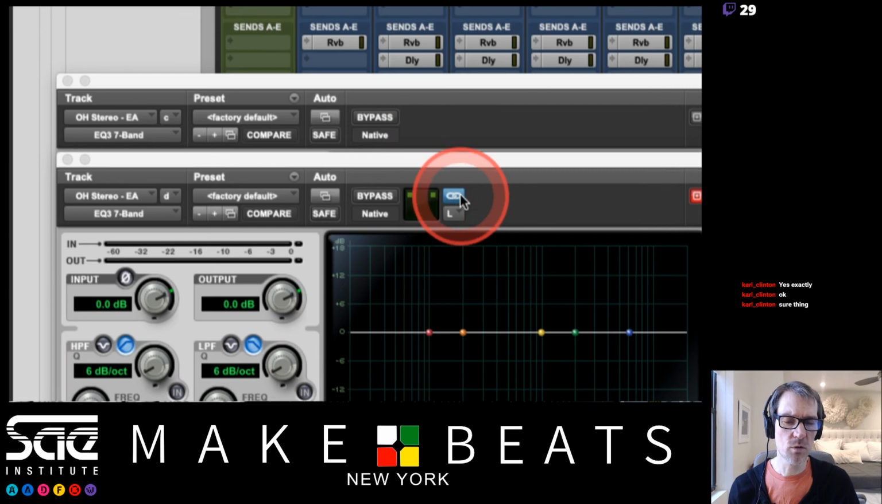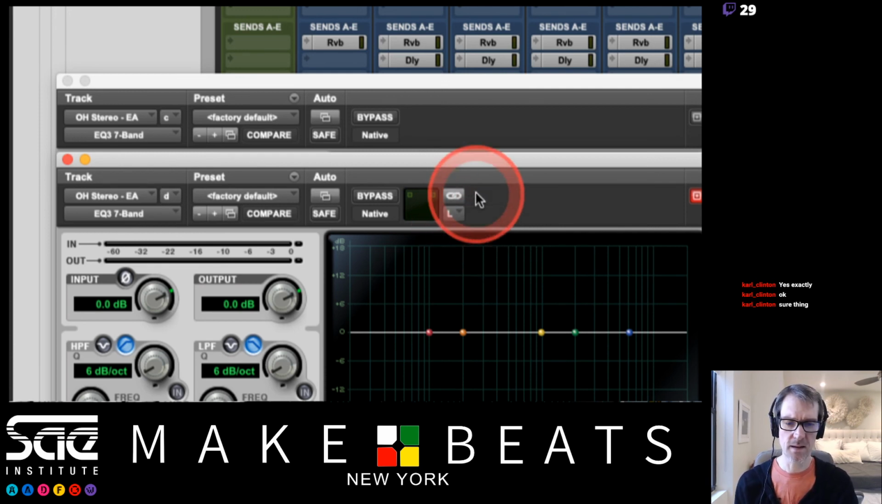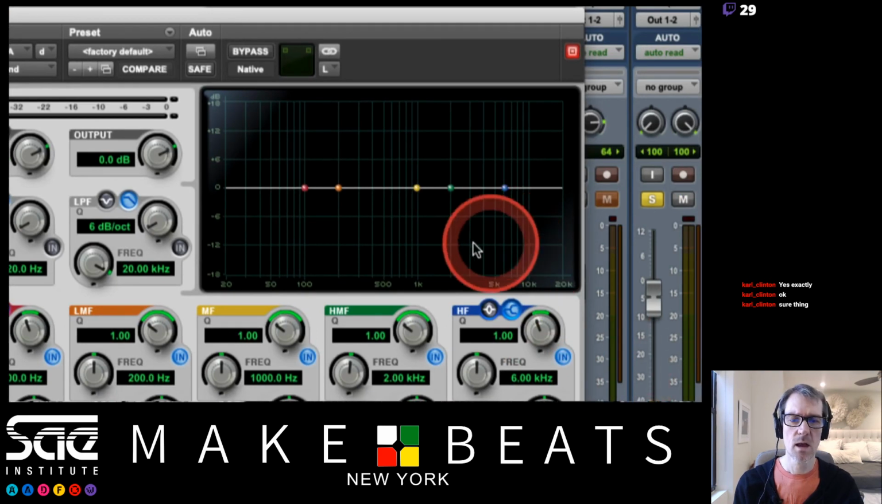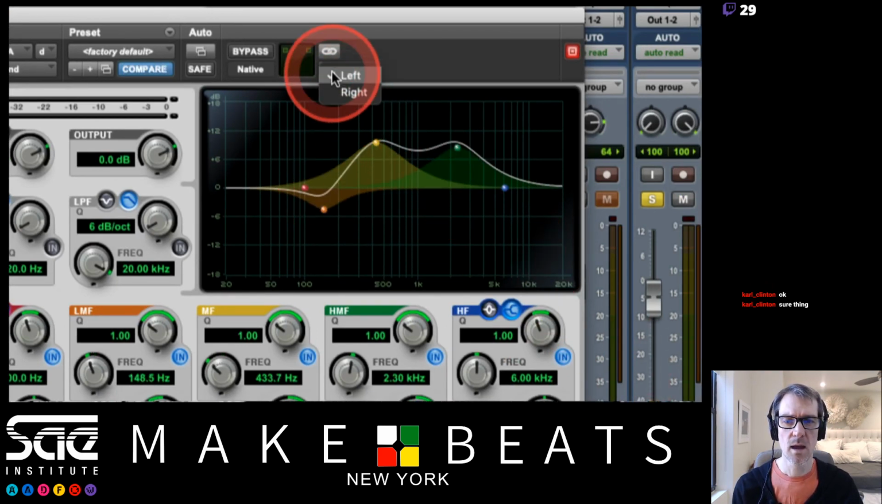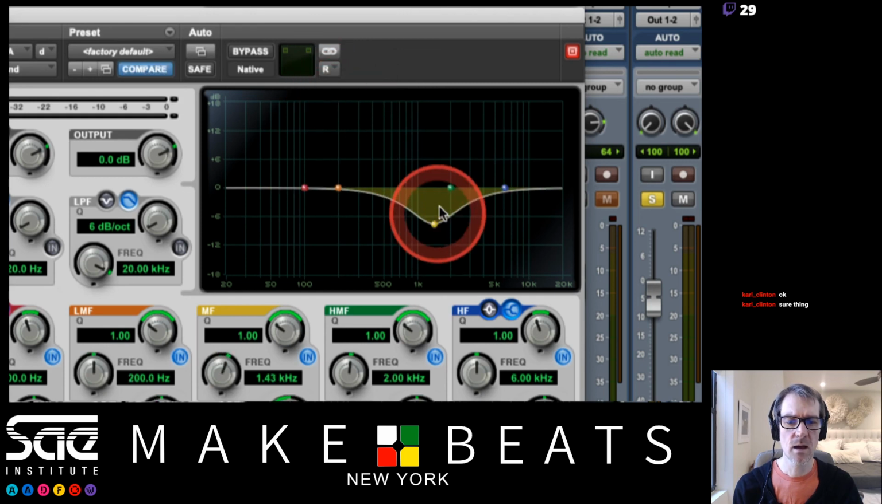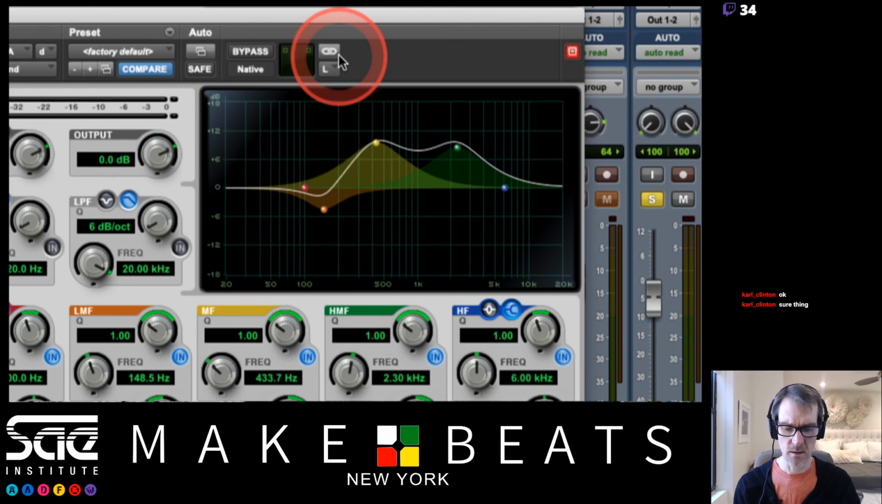Multi-mono means that if I turn off the master link button, I can now control my left side and my right side separately. So if I drag this around on my left side, and then go to my right side, I can set different settings for my left and my right, and I can see them. And if I listen to them,